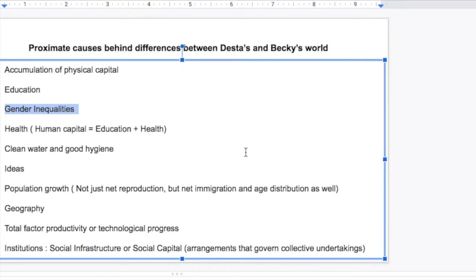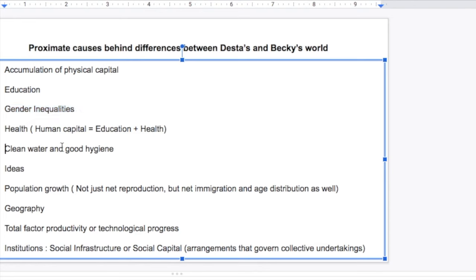Another important factor is health. If your economy is not healthy, then definitely it adds a constraint on your resources, and also it withdraws some amount of the population that could contribute to society. Health is an important factor, and health and education together guide the human capital of a nation. If an economy is well educated, well fed, and healthy enough, then human capital is a very important factor in determining its economic performance.